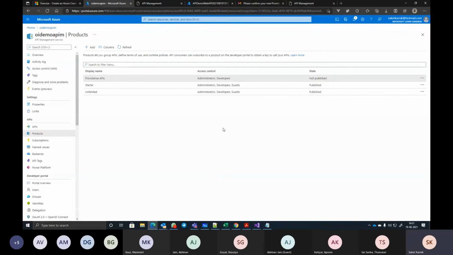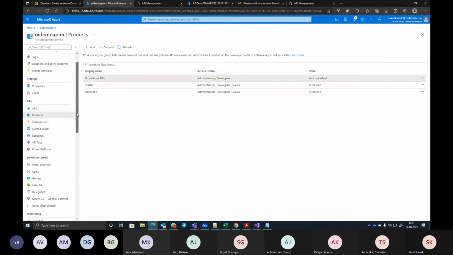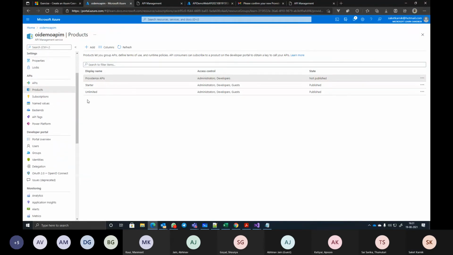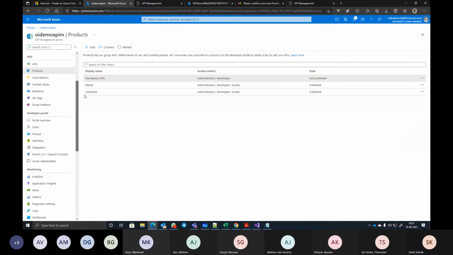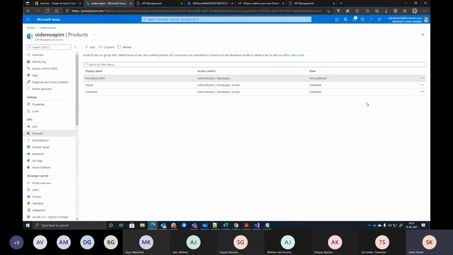So just try these things out. This is not it. There are many features over here, lots of settings over here, lots of combinations like getting the old APIs or original APIs on a private endpoint.